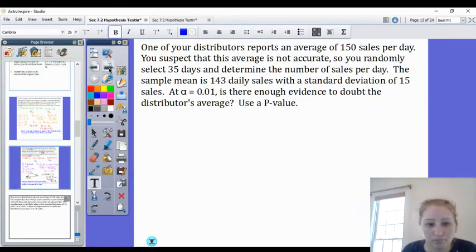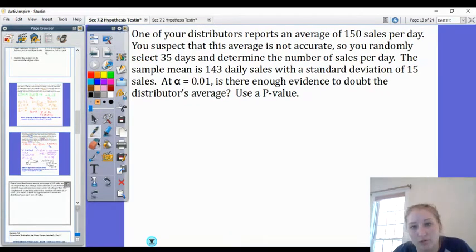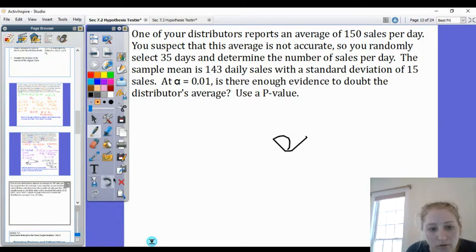Let's do another one. One of our distributors reports that we have an average of 150 sales per day. You suspect that this average is not accurate. Okay, so our claim is mu equals